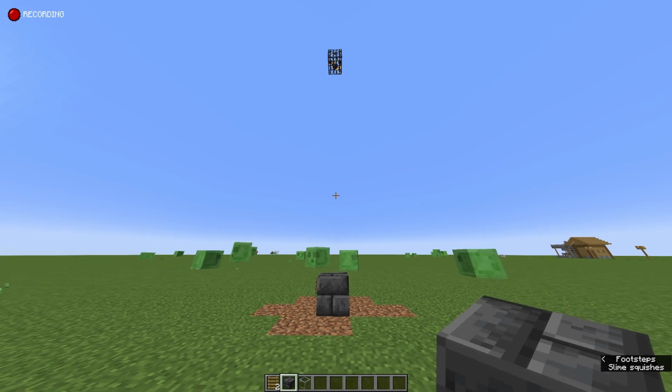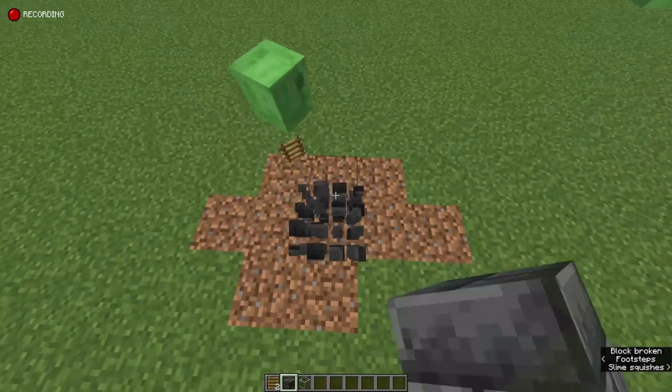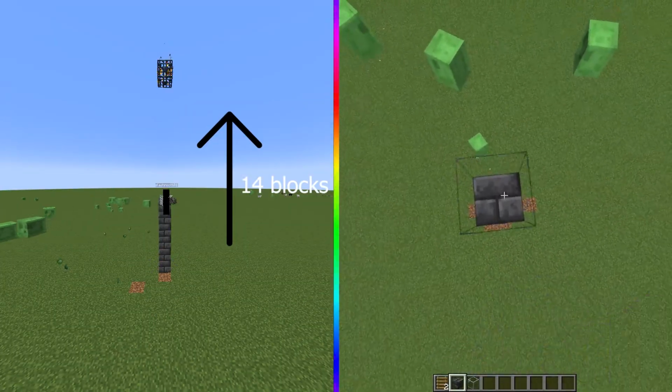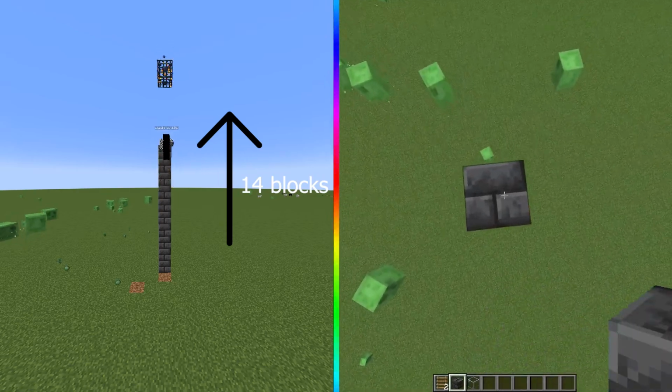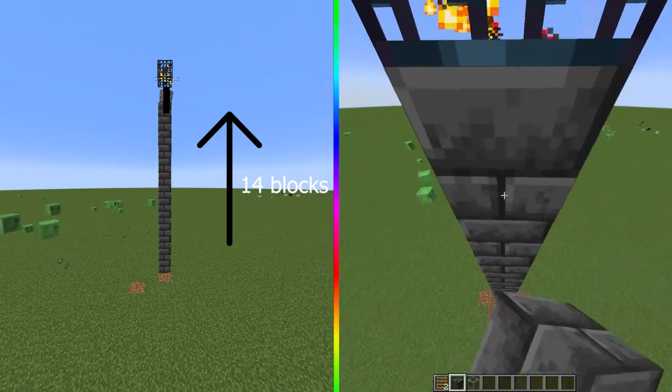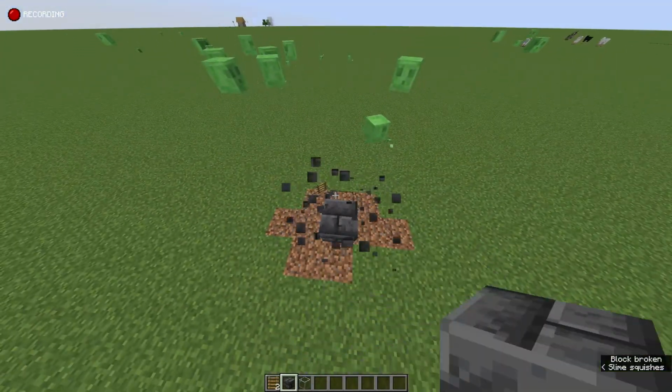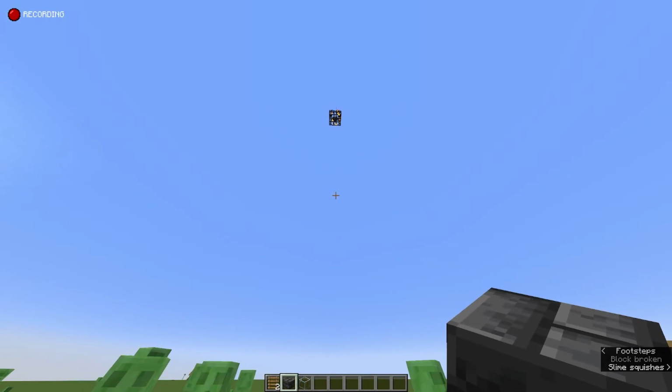And we'll talk about why that's important in a little bit, but basically there's 1, 2, 3, 4, 5, 6, 7, 8, 9, 10, 11, 12, 13, 14 blocks. This is going to be important for our spawner because it's going to allow blazes to spawn and drop down